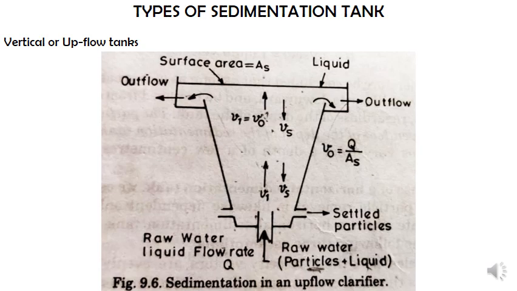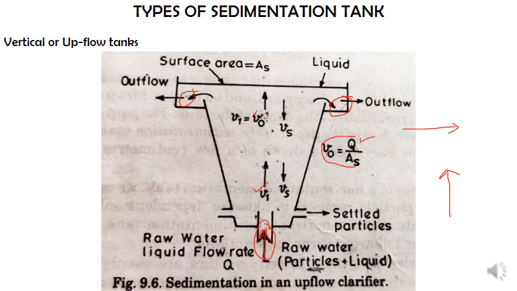Now these are vertical or upflow tanks. This is the second type of sedimentation tank we have. Till now what we have discussed were all horizontal flow, whereas this one is a vertical flow. Here you can check it out. The inlet will be at the bottom and the outlet will be at the top. We'll have this inlet arrangement made in such a way that we have some initial velocity. Here they have written it as V1, and once it comes to the top, you can call that V0, or surface loading rate.